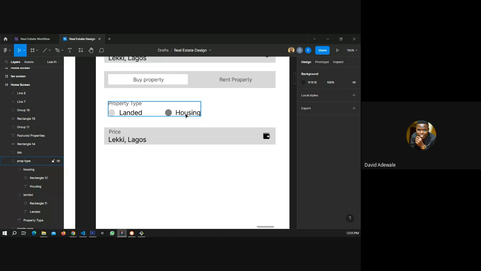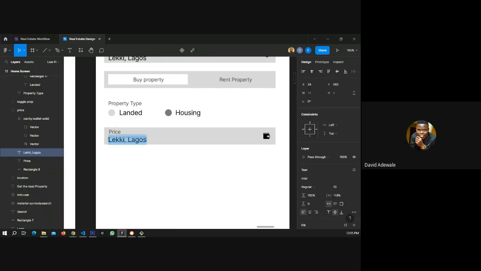Then what are the things you will need? So we will need various housing categories, 2-bedroom flats. After the price, you will need to put price here. Let's assume this is 200,000 naira, since it's just an example.